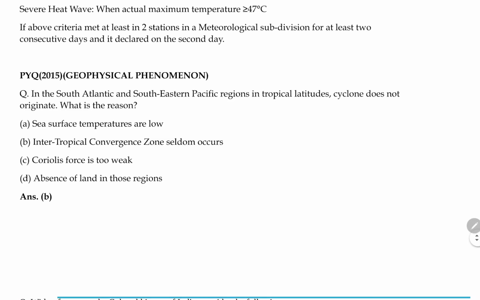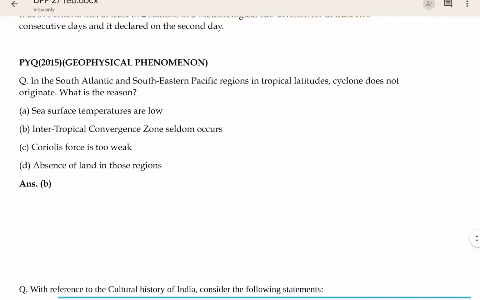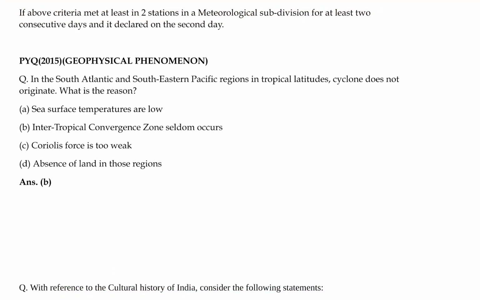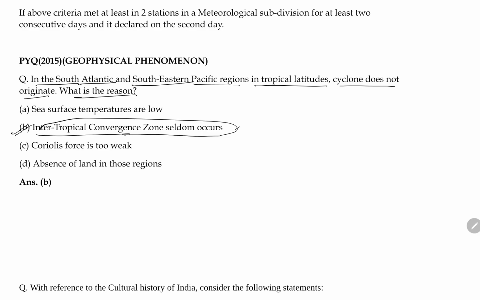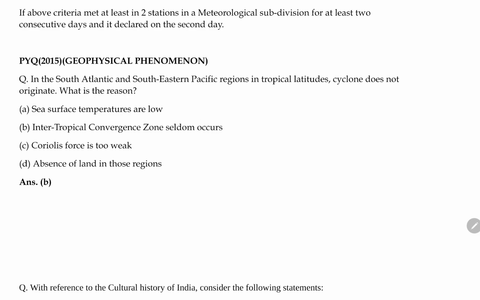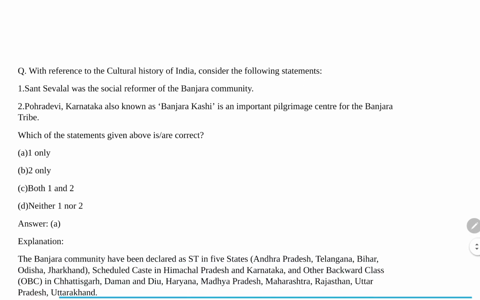Now there's one more PYQ. Okay, this is that in the South Atlantic and the Southeast Pacific regions in the tropical latitude, the cyclone does not originate. What is the reason? So it does not originate because of the intertropical convergence zone. So this you should know from here. Now moving forward,